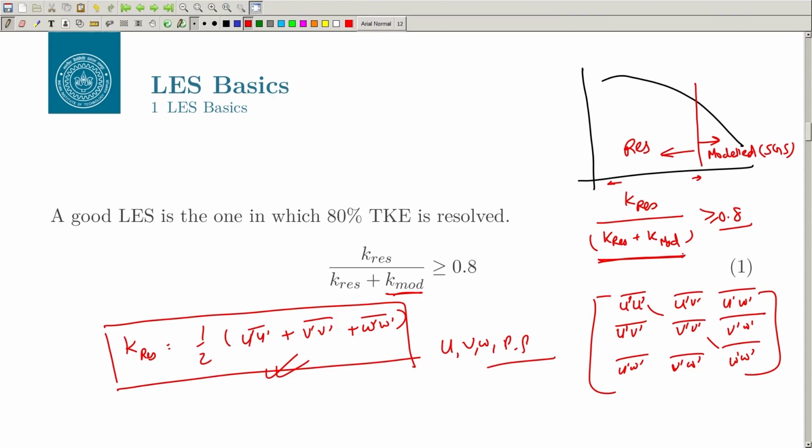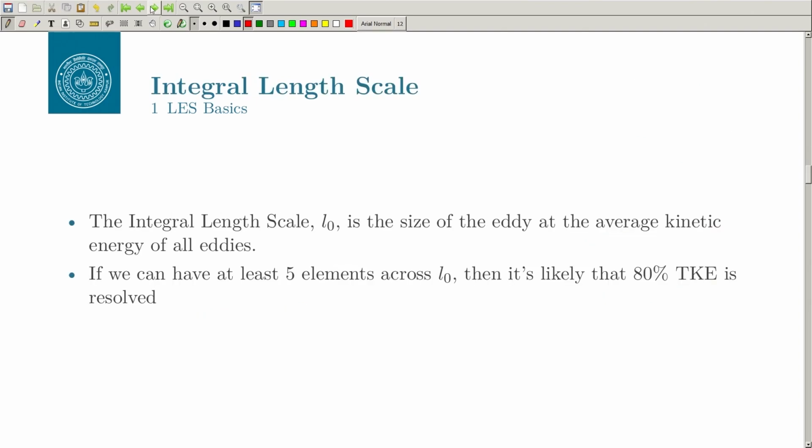That is a very good thing to find out when you are doing LES, because there are many different kinds of LES, and you can claim anything to be your LES, but if you do not check whether it is a good quality LES or not, it is very likely that the results you are getting may not be physically accurate. The other way to check the quality of your LES is through the quantity called integral length scale,